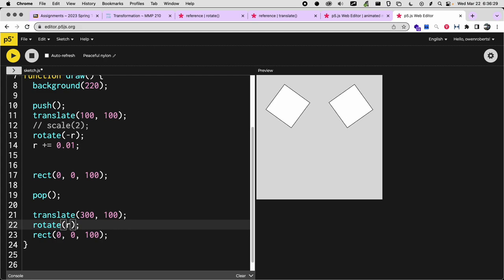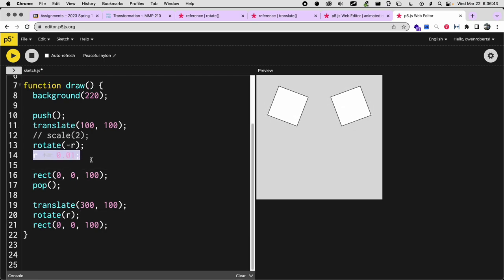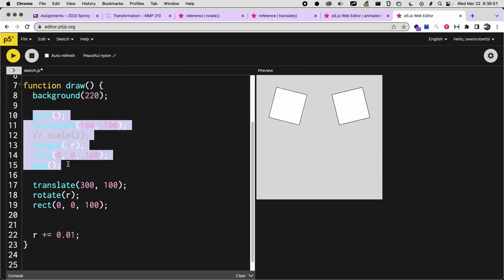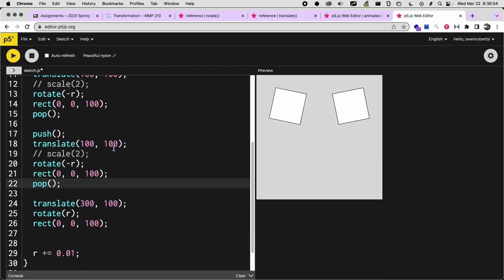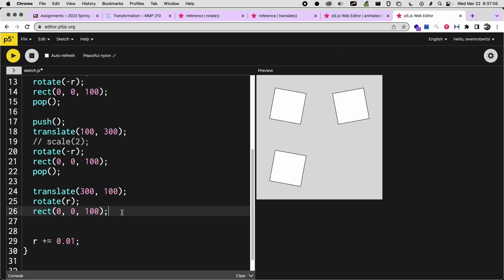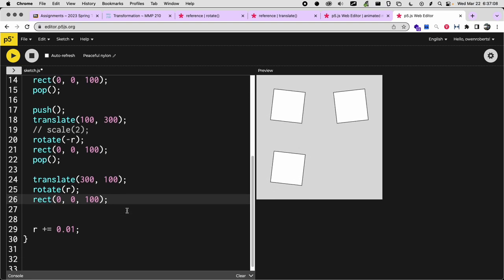So if I want a lot of different rotation animations occurring in different parts of my canvas, I can continue using push and pop. I can do it multiple times. So let's move this down here so our rotation will kind of be on its own. And basically what I could do is just copy this whole section and translate to different places. So if we translated down here, now we have three different rectangles rotating. For the last one I don't have to push and pop just because there's nothing that comes after it, so I don't have to worry about